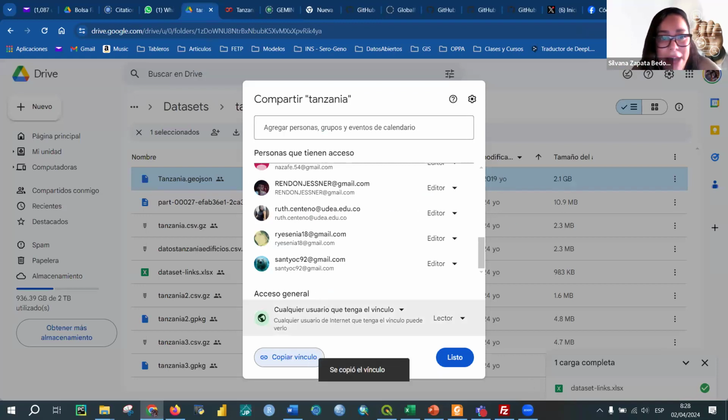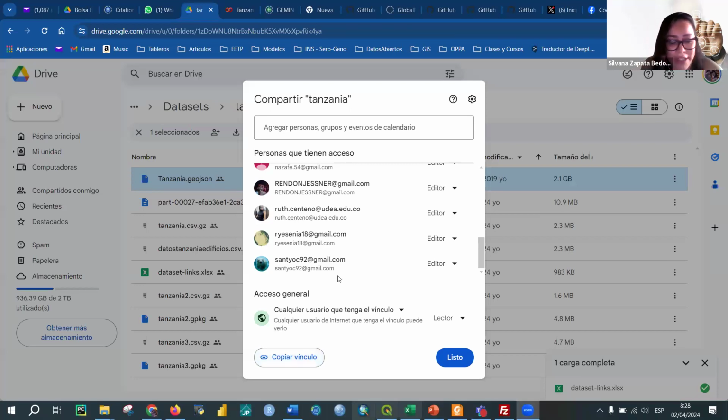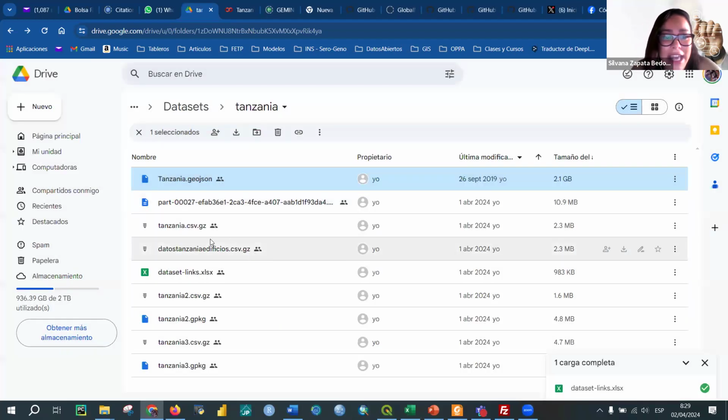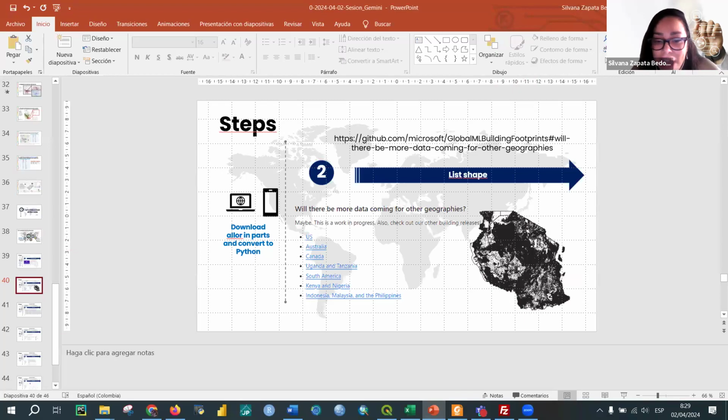One moment, please, my link for the presentation and the chat. You access the data, and the access for the data is in this folder, Tanzania. In the Tanzania folder are the shape files and the process for the transformations. The Tanzania GeoJSON is this. All the GeoJSON is